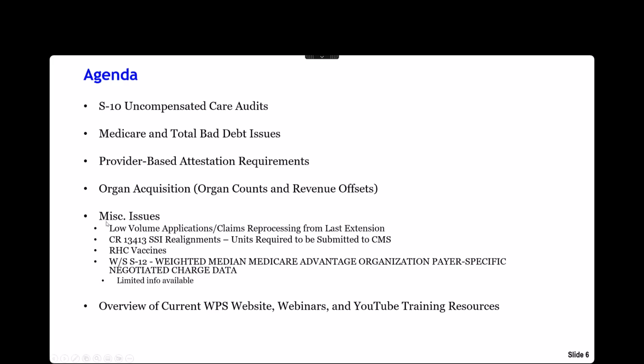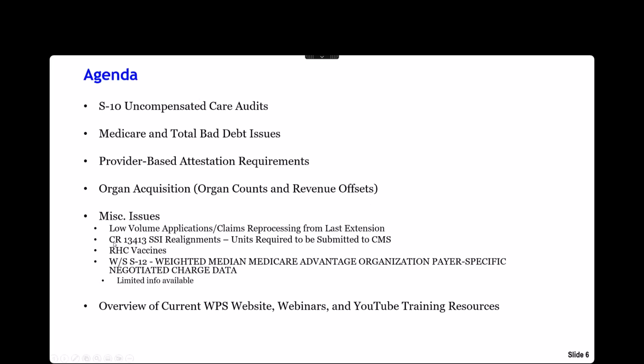And then lately I've been sticking in a miscellaneous issues topic when I send out the agenda. That way, if something comes up between that time and when we have the webinar, I can add some topics in. And there are a few things I wanted to talk about with this topic. One of them is just about low volume applications. We constantly have extensions, expirations. So I wanted to give everybody a status where we are there, as well as the claims we're